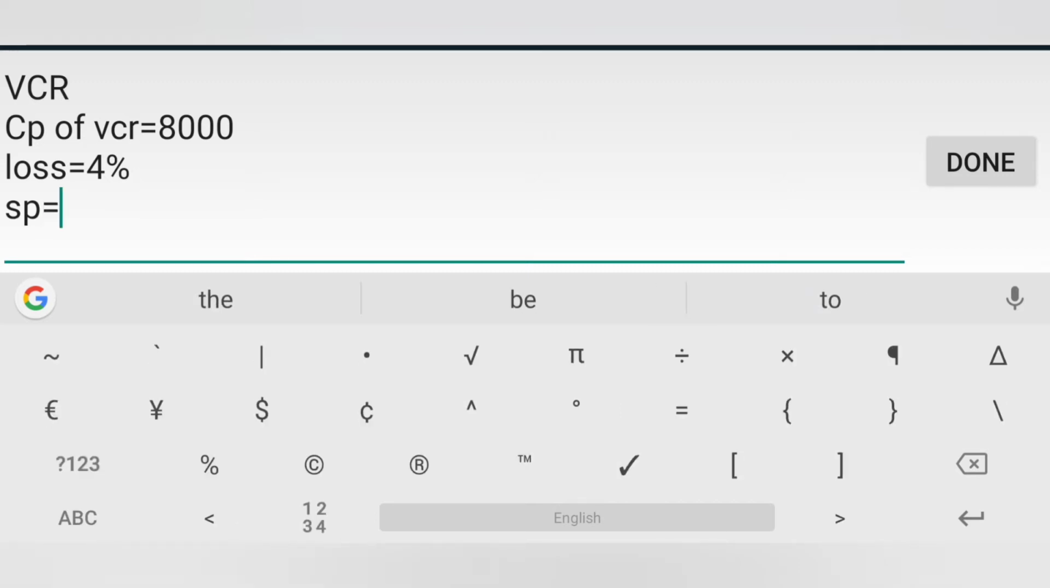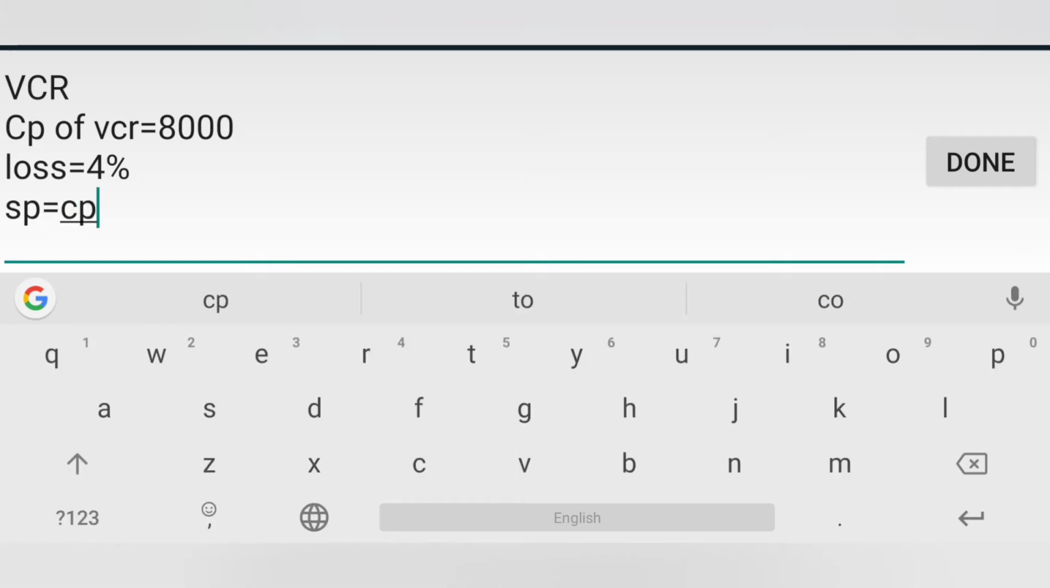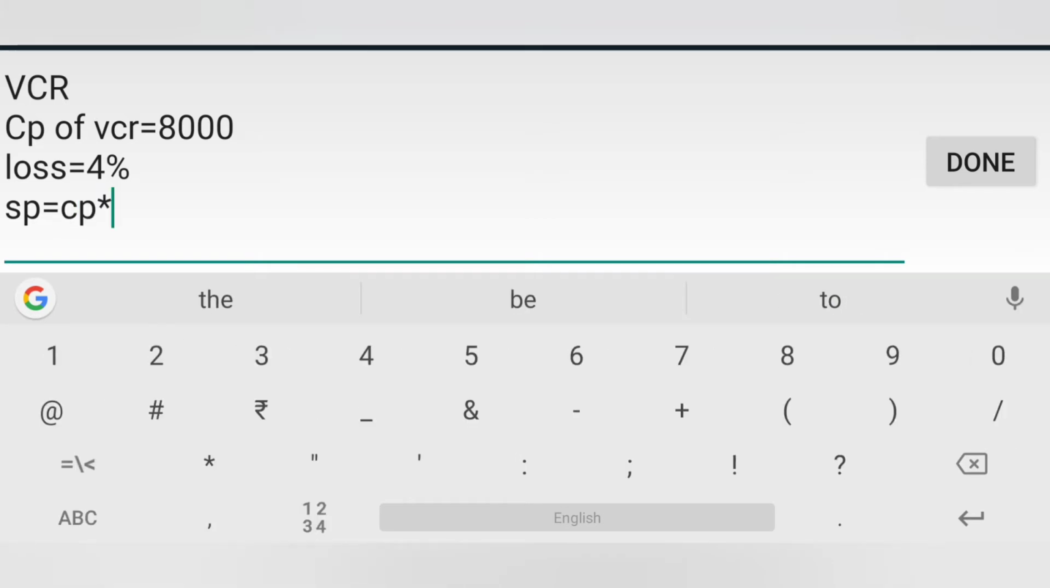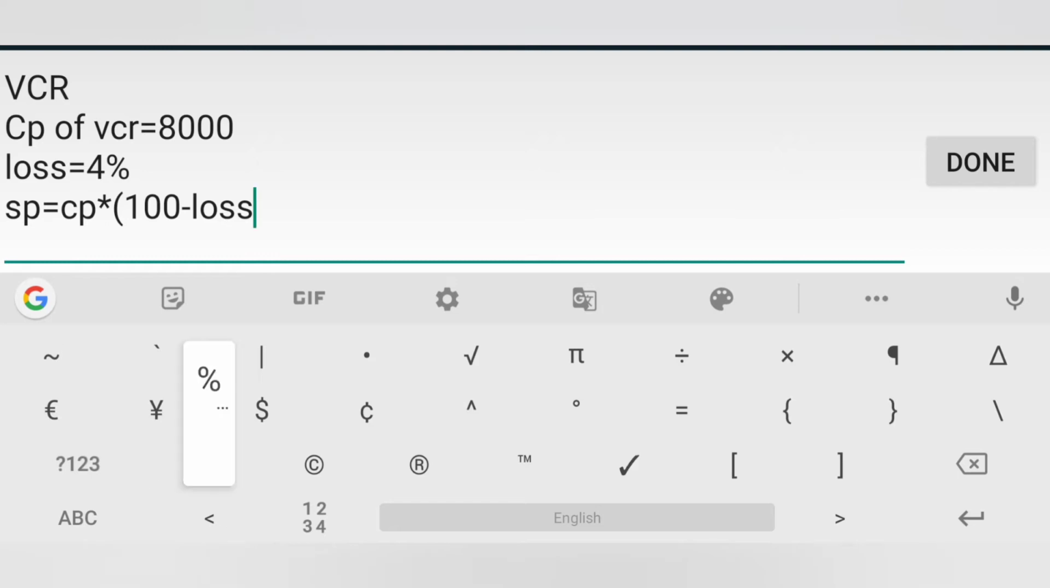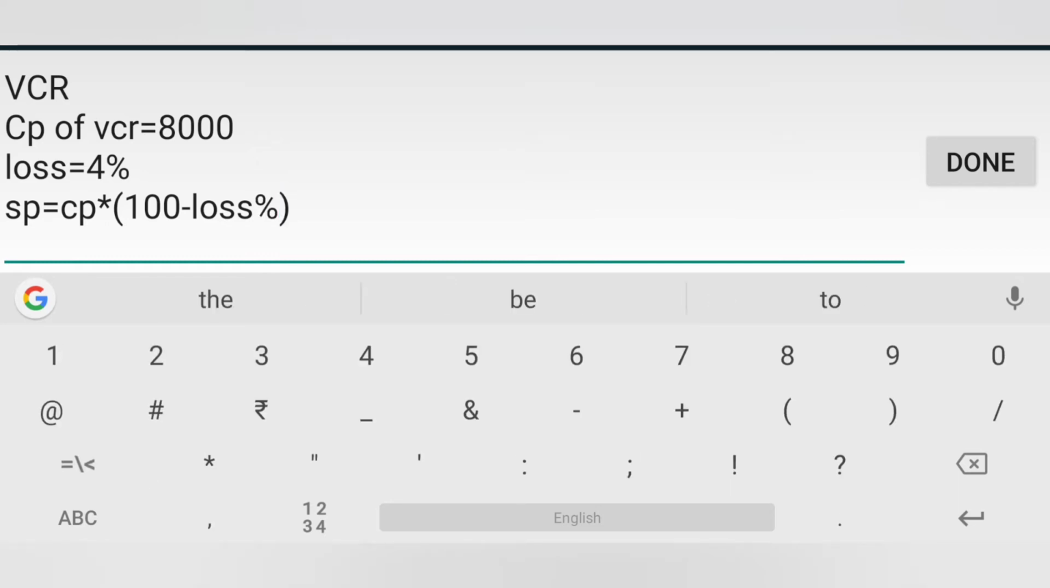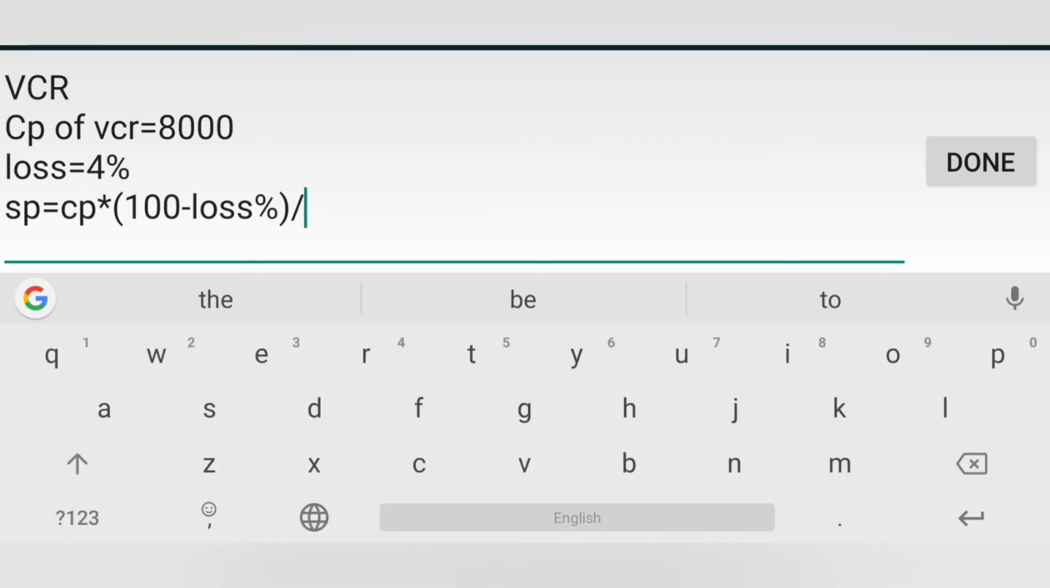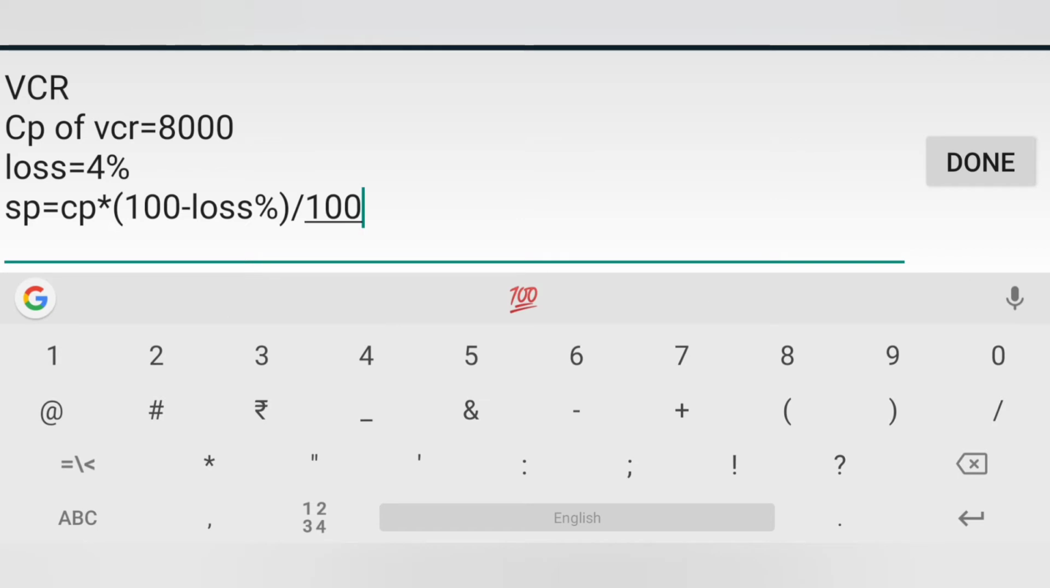And then we have to find the SP, because loss percent is given and CP is also given. So these are the things that are used in the formula of SP. So we will find SP. So the formula of SP is CP multiplied by 100 minus loss percent, or plus profit percent, by 100. So